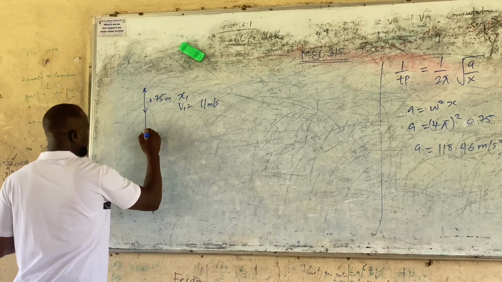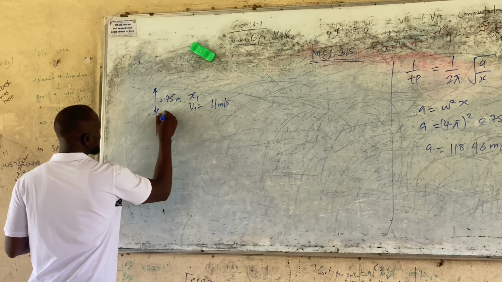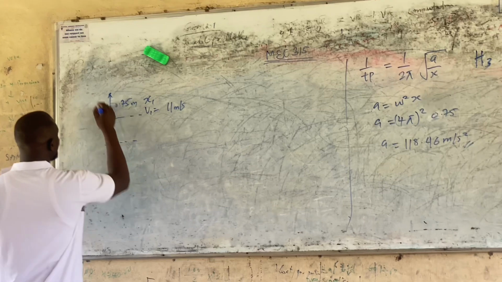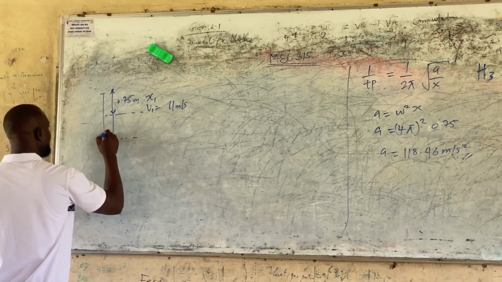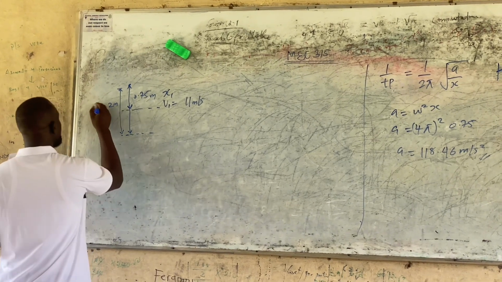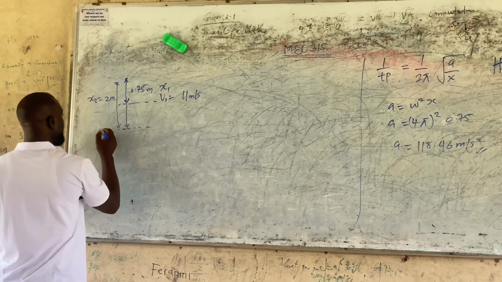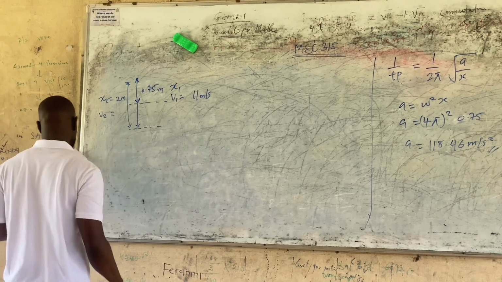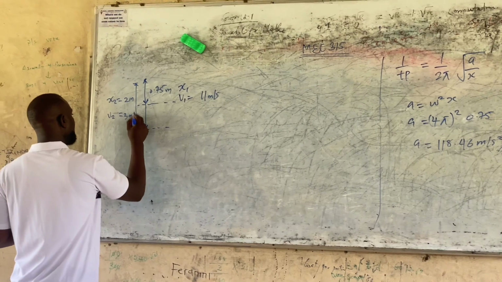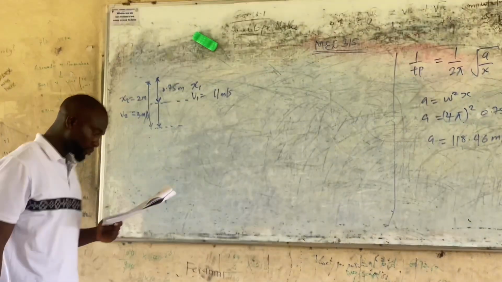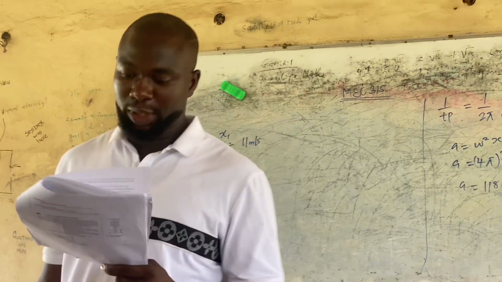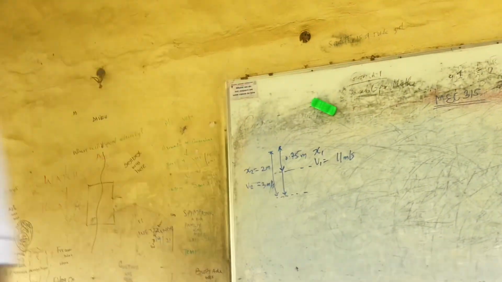that means at 2 meters, this is x2, the velocity v2 is 3 meters per second. Find its angular velocity, periodic time, and its maximum